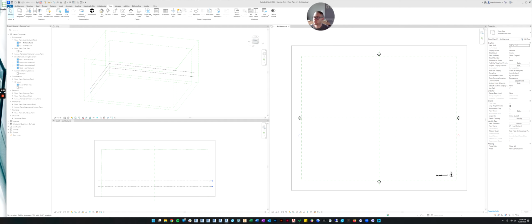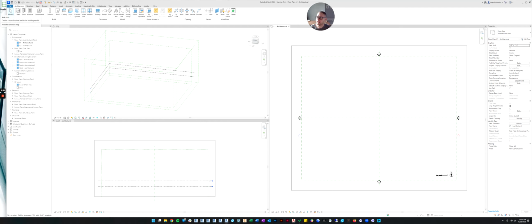So let's go up to the ribbon. Let's go to the architectural command. What we're going to do for this exercise is create our first little building. We'll do a little residential house, just that typical shape that you would draw if you were a 4-year-old drawing a house. Let's just start with that, right?